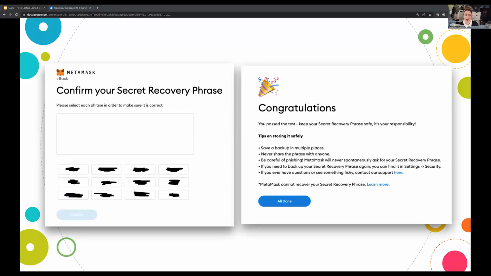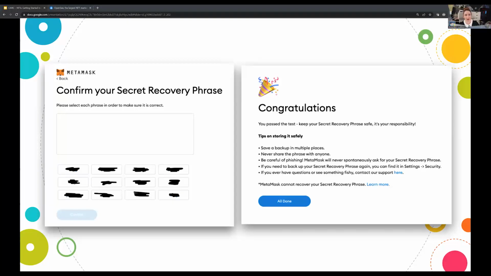It's fairly secure because the phrases are randomly generated when you set up the account. And obviously there's so many different possible iterations that it's a great way for security in that sense. The drawback is that people aren't always very careful with them.